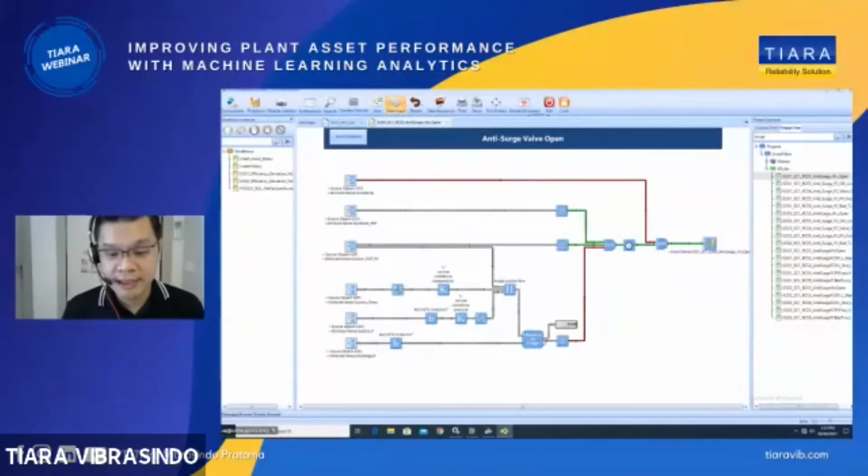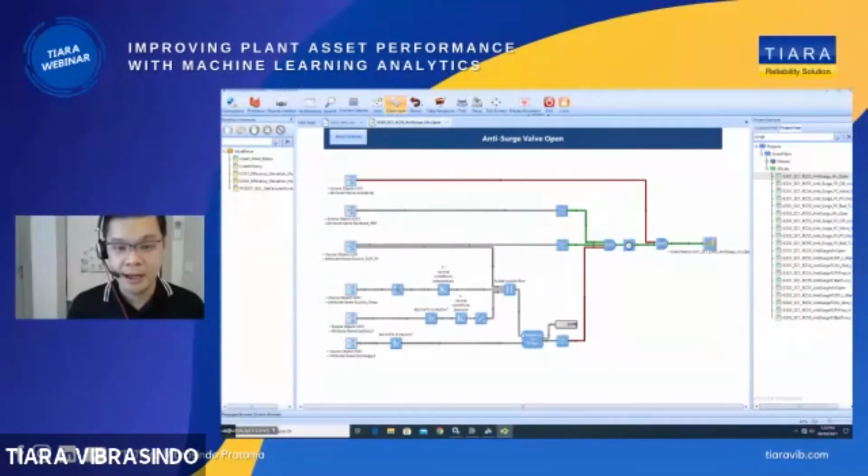So this model will tell you how far away you are from surge, and if you are not close to the surge line, then it will check what the opening of your anti-surge valve is. If you are not operating near the surge line, but your anti-surge valve is wide open, then it will give you an alarm, telling you that, hey, you are not operating near your surge line. Why is your anti-surge valve open, and open widely? That is the logic that is checking, using a model created from OEM